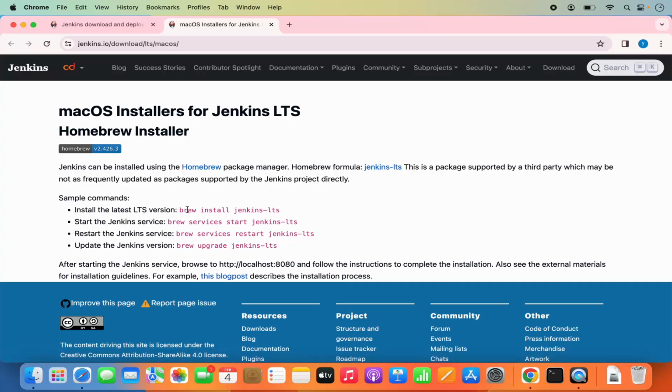So if you don't know how to install Brew or Java, I will put the link of those videos where I have shown you how to install Brew and how to install Java on your Mac operating system. So you can click on those links and see how those requirements can be installed on our Mac operating system in detail. Once you have Brew and Java installed, you can use this command, which is brew install